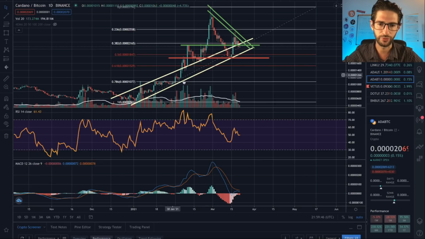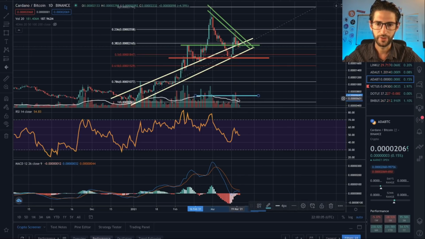Of course, you will need to see volume. Volume has been declining in the last days. We have a little more volume on this downtrend here, but still I will need to see some volume on the break above this line, around here. Anything low on volume for a breakout of this triangle, I don't think it will be too valid. You have the risk of a fake out, a fake break on the trend.